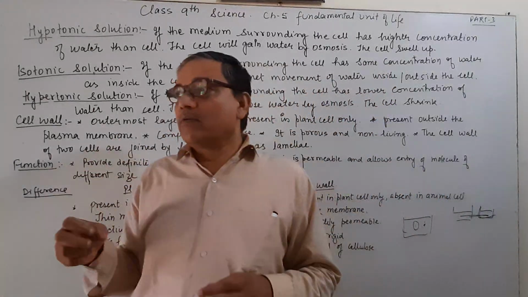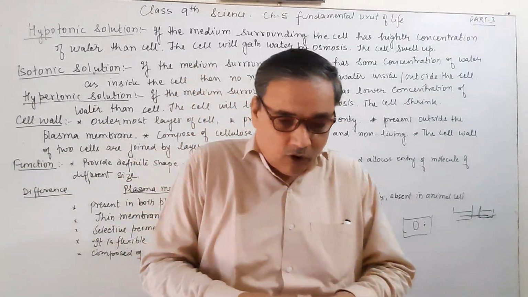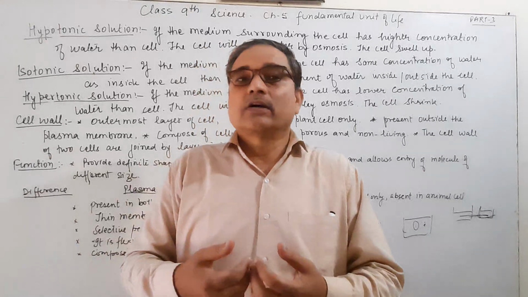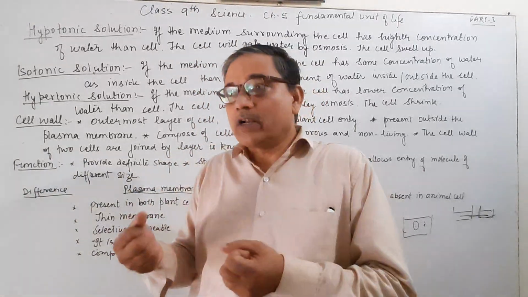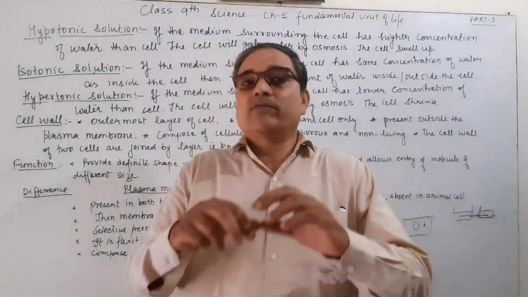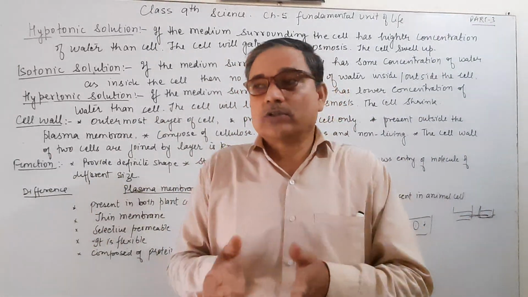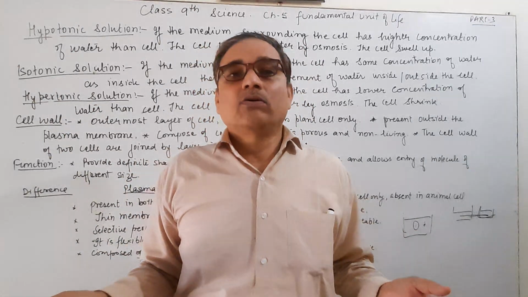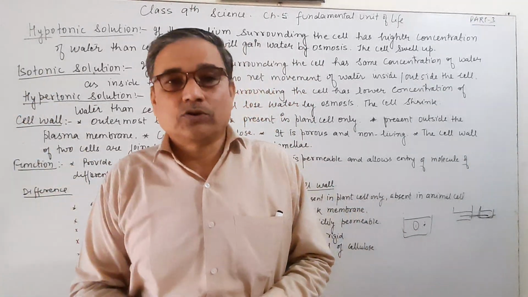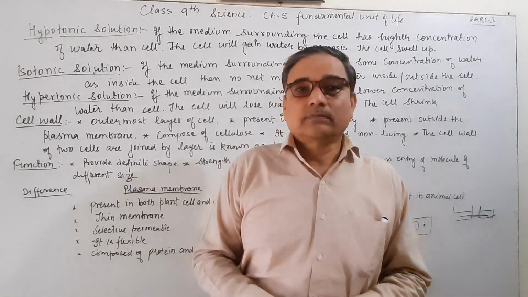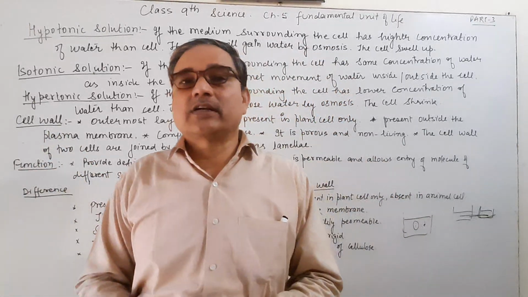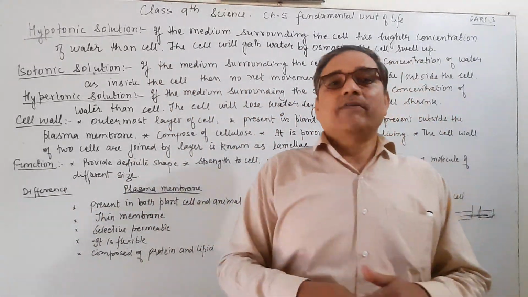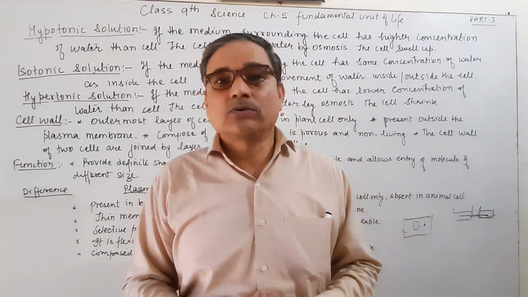And one point: when the living cell is put in water or a dilute solution, then it gains water. In what way does it gain water? Through the process of osmosis. There are three types of solution: hypotonic, where the cell gains water; hypertonic, where it loses water; and isotonic, no gain, no loss. These are the different types of solution, and that is cell wall and the function of cell wall. The difference between these are the topics, and you have to do it. After this, I will give you some questions and one point you have to do at home.